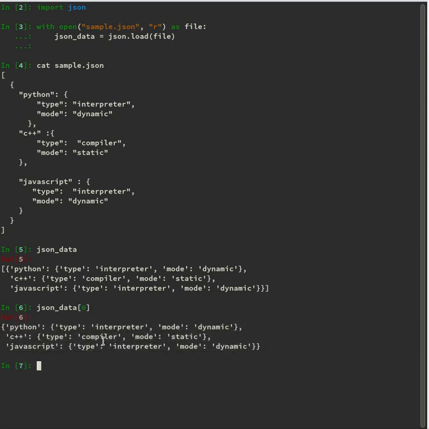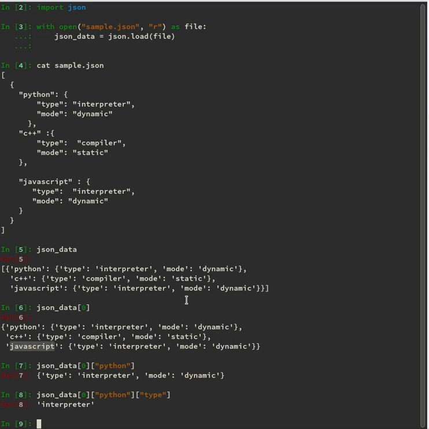Now here, you would like to access Python, C++ or JavaScript. For example, if you want to access Python, simply put Python, and you got the Python data. And if you want to access the interpreter of Python, simply type it and you get the interpreter like this. We can extract the data from the JSON object.